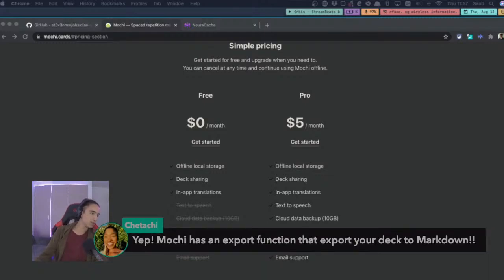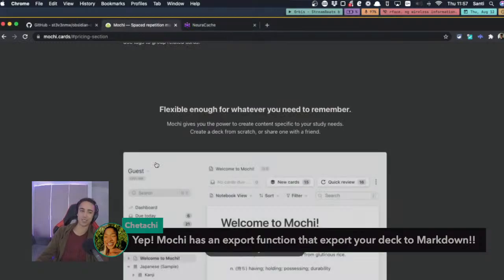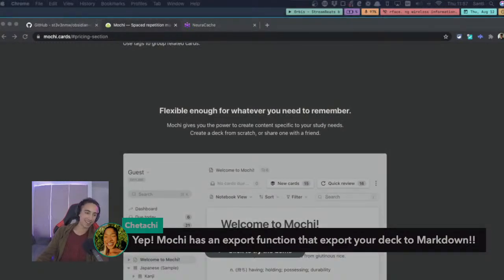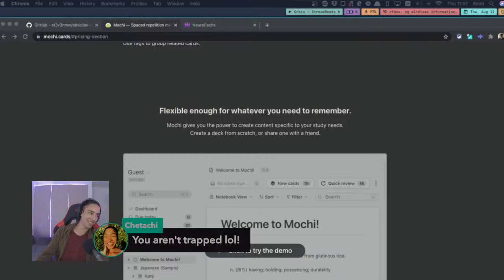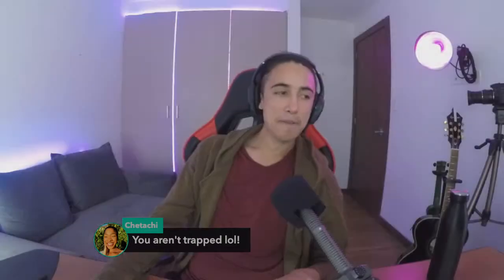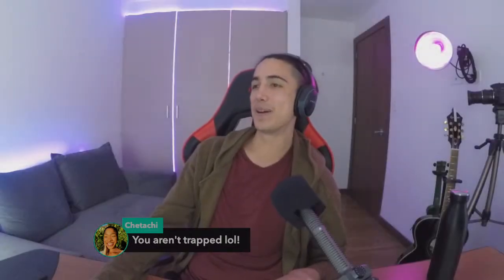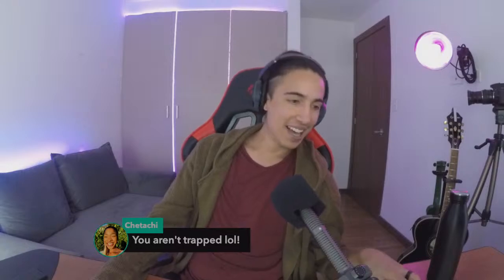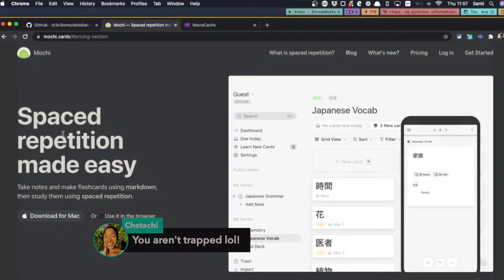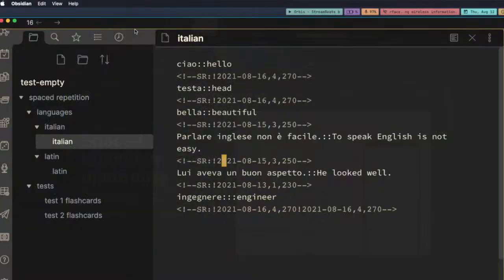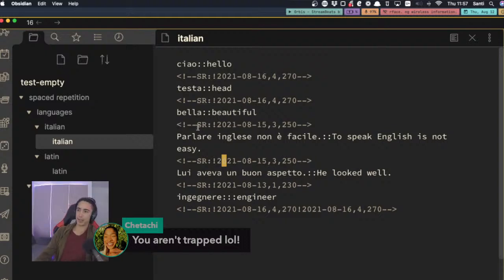Yeah, Mochi has an export function that exports your deck to Markdown. That's really, really cool. Wow, you just made my day. You are not trapped. Yeah, that's really cool. You just changed my day, because I was looking at the Obsidian plugin as an alternative to Anki for creating